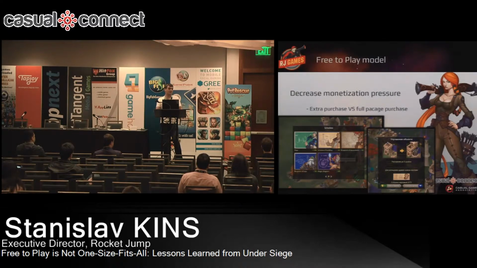But we found that on Facebook, when players saw this, they started to complain on the Facebook page of the game. They started to tell us that we are too evil, that we want too much of their money. And we had to completely redesign this feature. And what we did, we introduced a special inventory for schemes. From one type of scheme, we made 5 types. And we allowed buying any amount of schemes the player wants to buy. So players now can combine different purchase tactics. They can ask, for example, for 5 blueprints from friends and buy only 5 additional blueprints, not having to pay the full amount of money, like in the Russian version.